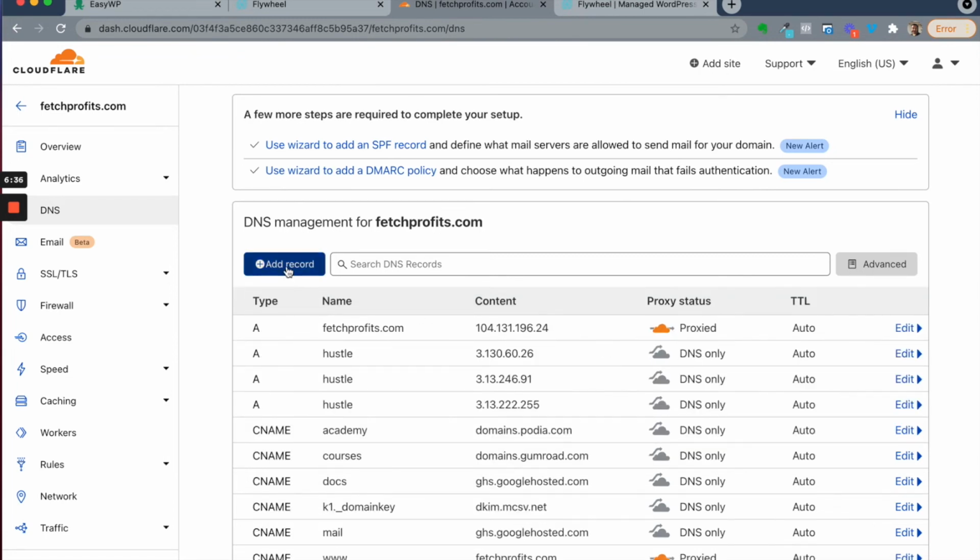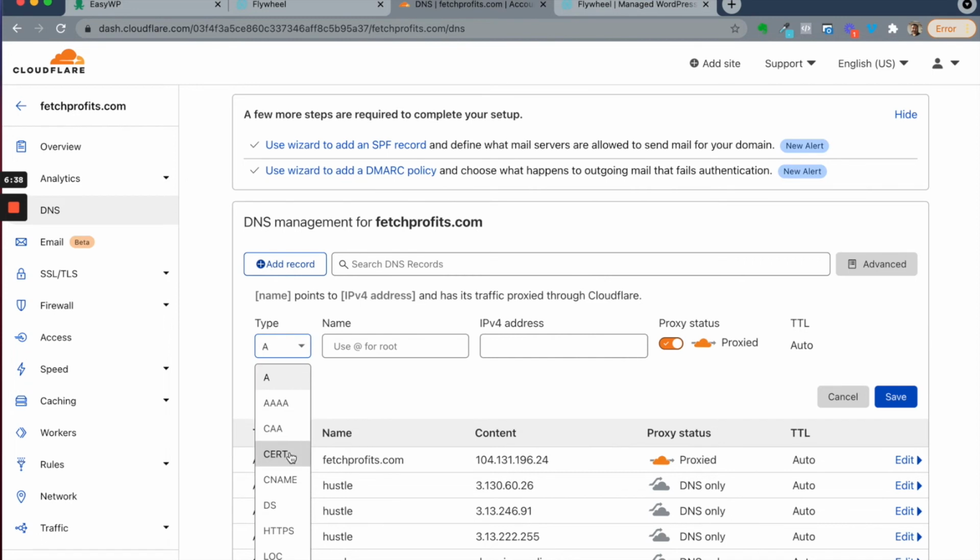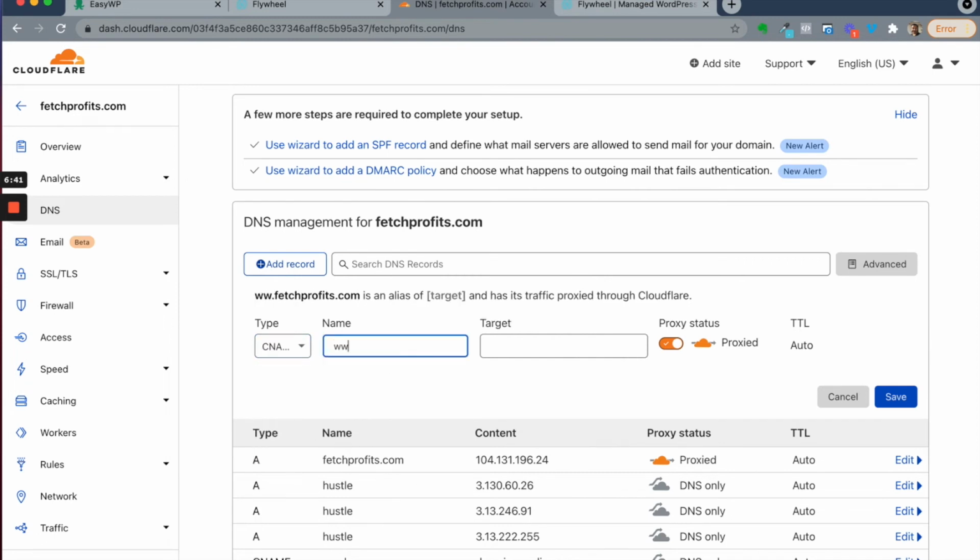But I want to show you how to add the other record. Click on add record, choose CNAME, type in www, copy paste that particular domain that EasyWP provides for you, toggle off proxy status. TTL should be set to auto and click on save. Once you do this, DNS will take about 24 to 72 hours to propagate. All the while it is propagating, your existing site also functions normally. So people are either routed to the existing server or they're routed to this new server depending on how your DNS propagation happens.